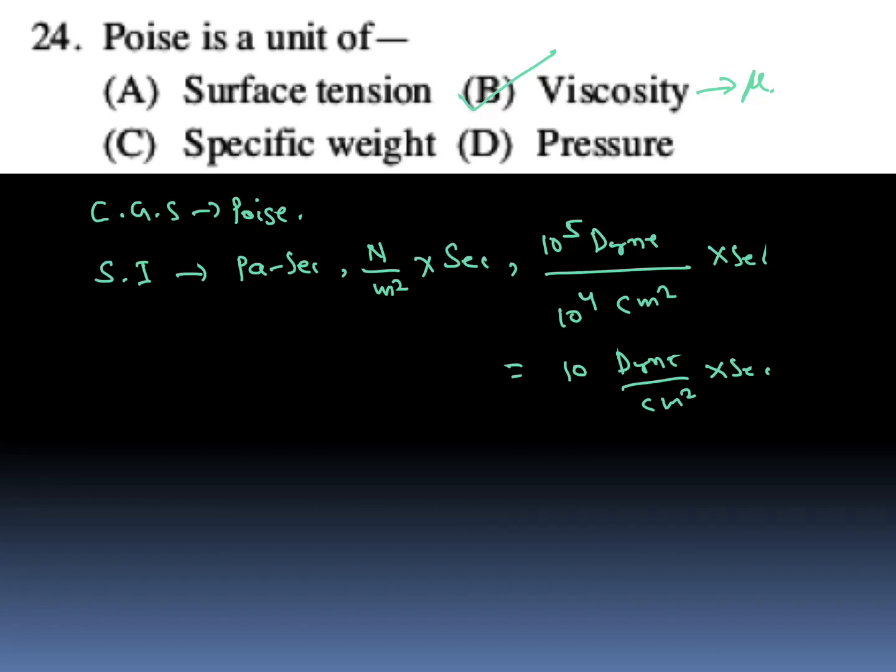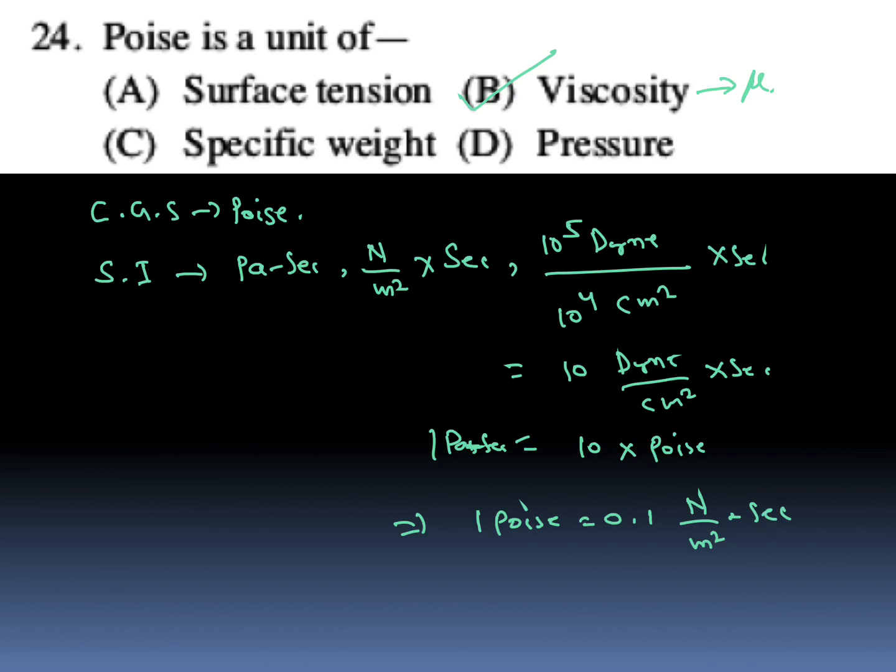Dyne per centimeter square into second is your Poise. So 1 Pascal second equal to 10 Poise, or you can write it as 1 Poise equal to 0.1 Newton per meter square into